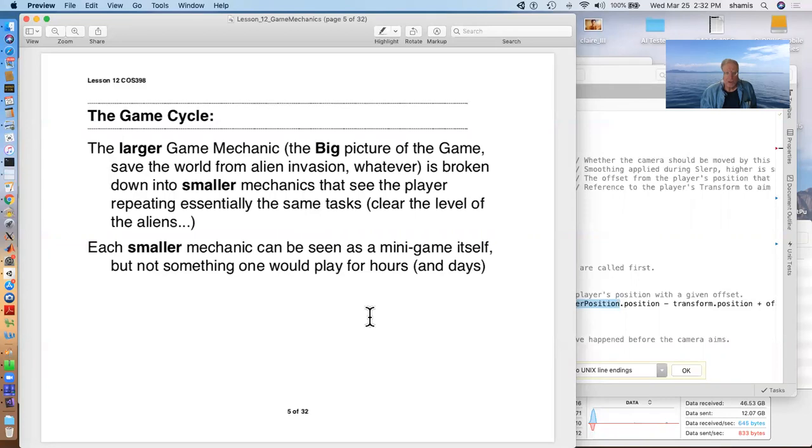In the larger game mechanics, the big picture of the game, we can break that larger game mechanic down into smaller mechanics that see our player repeating essentially the same tasks. You have to clear a level, or find the treasure or something like that. And each smaller mechanic is kind of a mini game in itself,